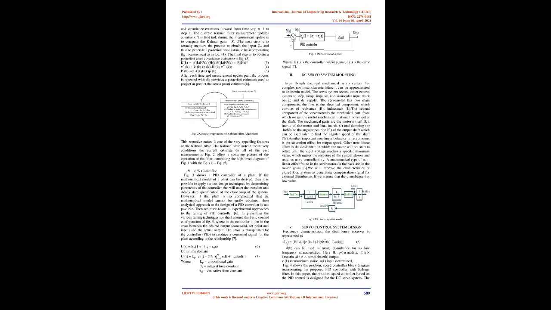2. Parameter. A. The discrete Kalman filter algorithm. The Kalman filter estimates a process by using a form of feedback control. The filter estimates the process state at some time and then obtains feedback in the form of measurements. The equations for the Kalman filter can be divided into two groups: time update equations and measurement update equations. The measurement update equations are responsible for the feedback, i.e. for incorporating a new measurement into the a priori estimate to obtain an improved a posteriori estimate.